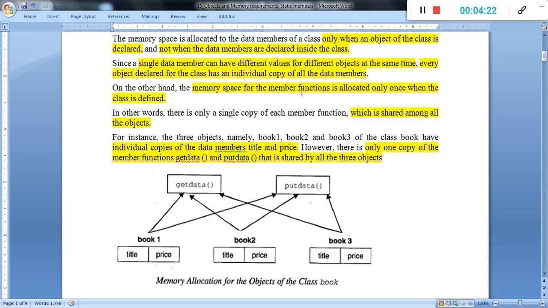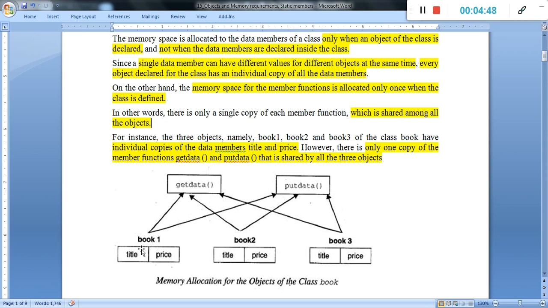Memory space for the member function is allocated only once, when the class is defined. Means when we define the class and we define a member function in that, at that time it defines a particular memory for that, and that is a single time, which is shared among all the objects. There is a single copy of each member function, which is shared among all objects.